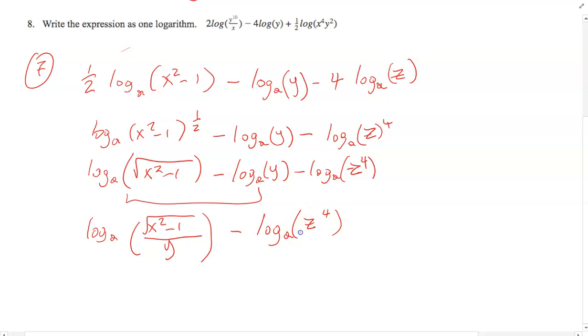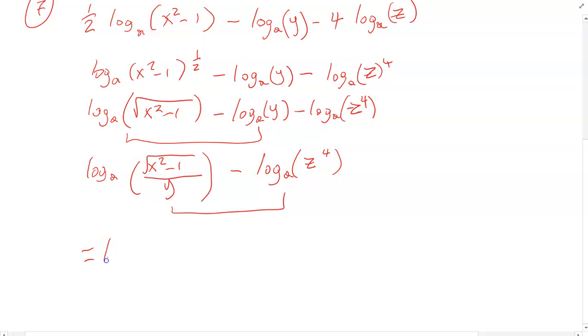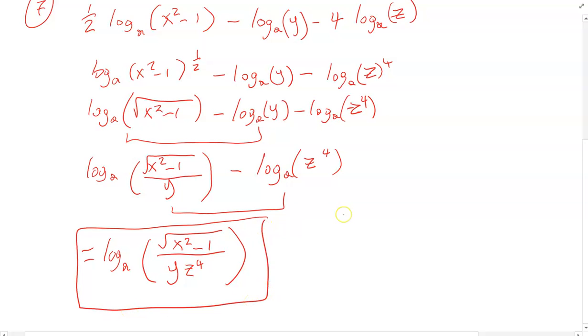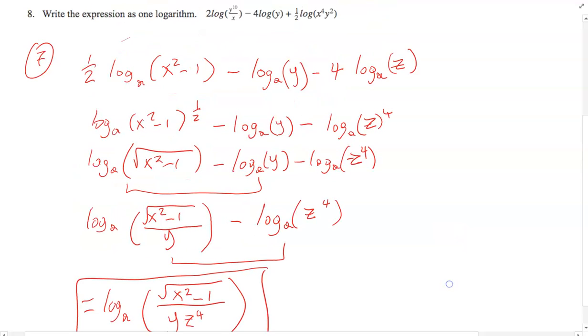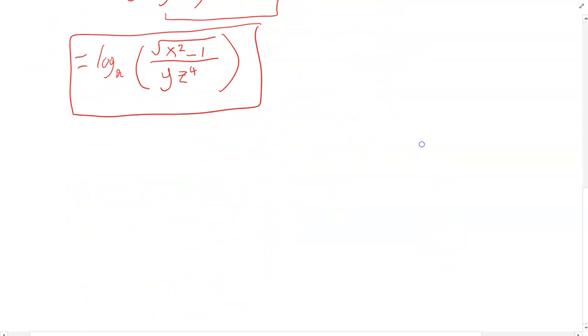Then finally, we will bring these two parts together. And so log base a of radical x squared minus 1 over y. And then we're doing another division here. So that is times z to the 4th. And that is our final answer. Okay? Now, the next problem is